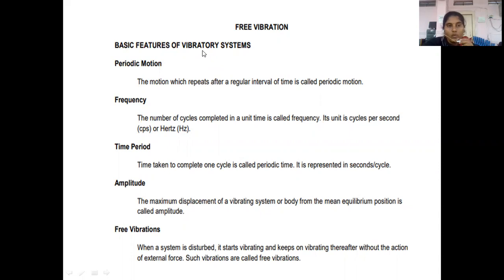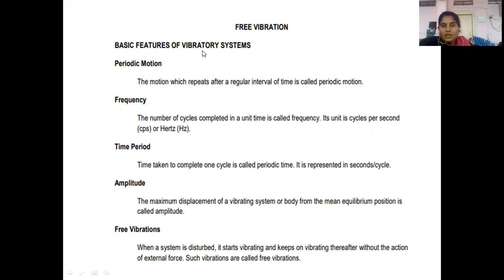Next one is the frequency. So what is the frequency? The number of cycles completed within a unit time is called the natural frequency. Number of cycles completed in a unit time, or number of cycles एका सेकंद मध्ये जितके काही cycles complete होतात. Unit is cycles per second. कुठला unit आहे बघा, that is the hertz. म्हणजे number of cycles completed within 1 second, that is nothing but a frequency. किंवा त्यालाच आपण असं म्हणू शकतो, the number of cycles completed in a unit time is called a frequency.